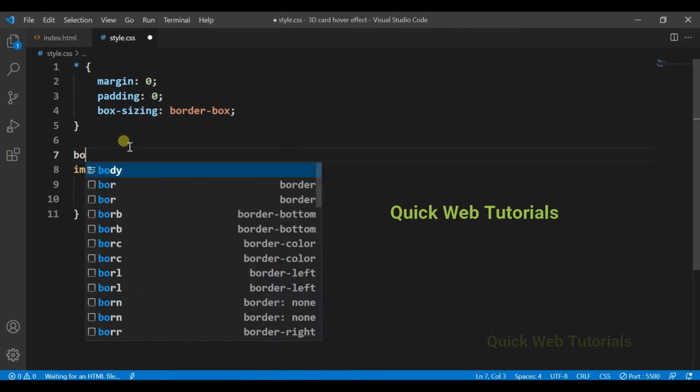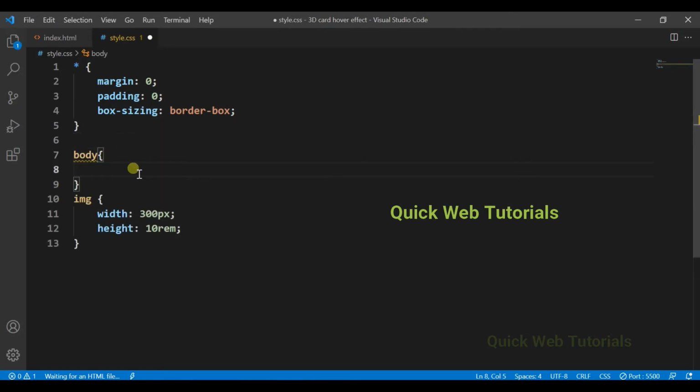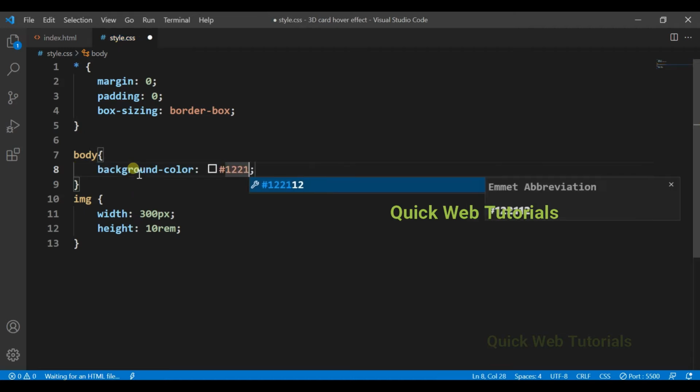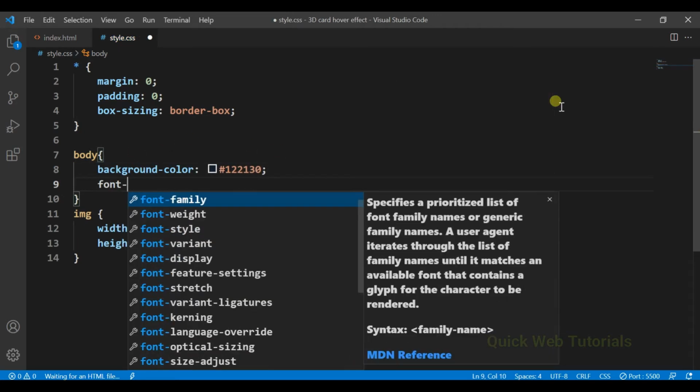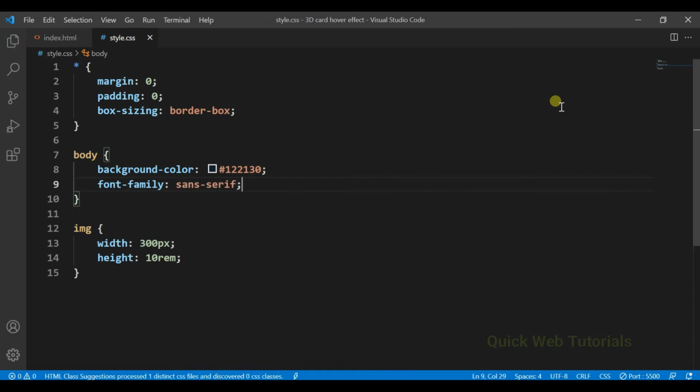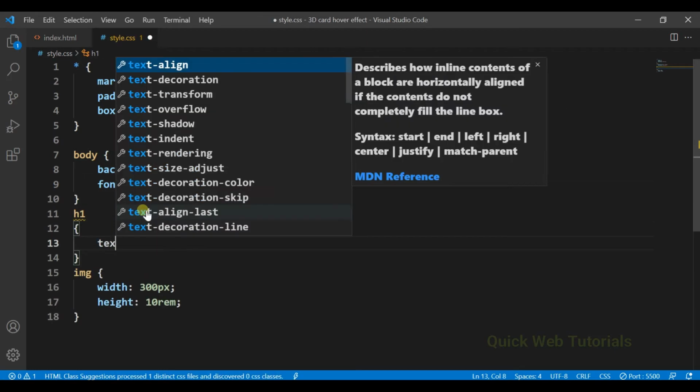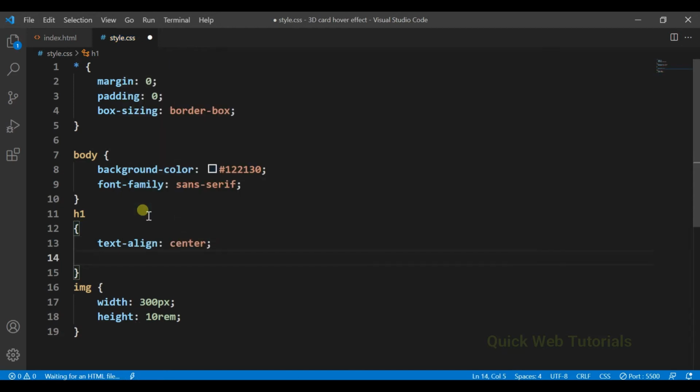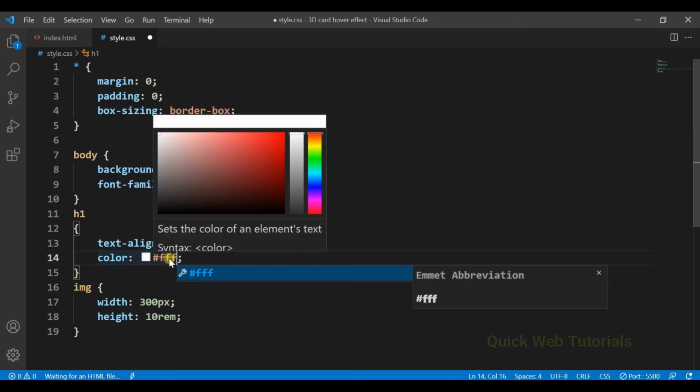This is for simplicity. And give some styles to our body tag, for example, background color, and I would like to change the font family. And let's centralize our H1 tag and give it an off-white color.